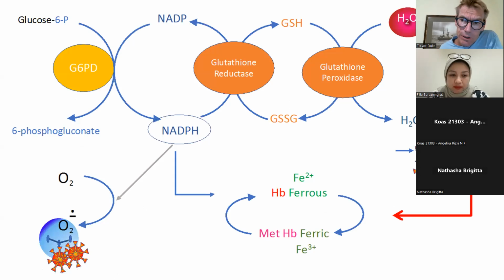I won't explain all of this, but this is sort of what G6PD does. G6PD is an enzyme that protects the red cells against oxidative damage, right? And when there's lots of things that